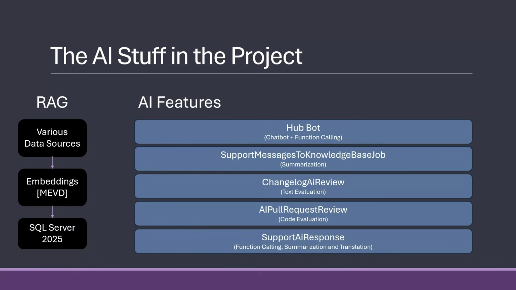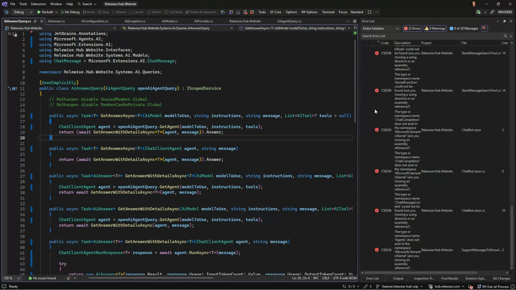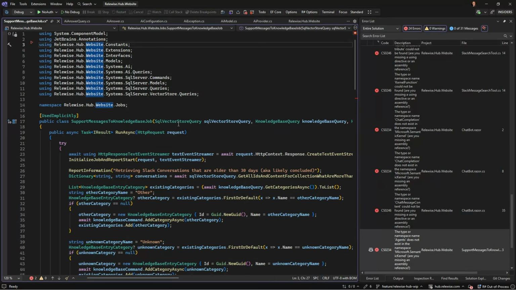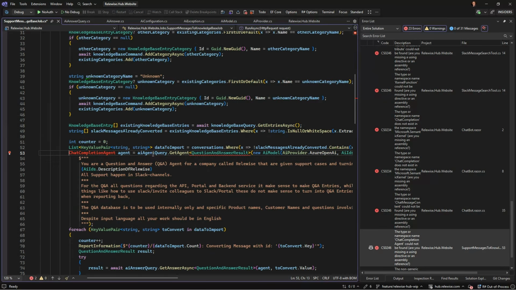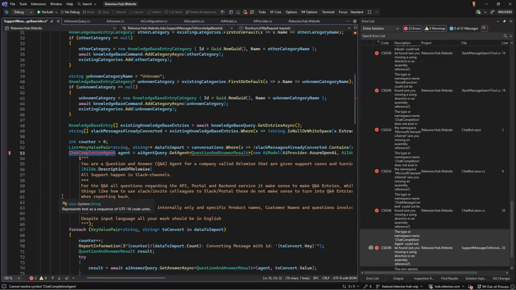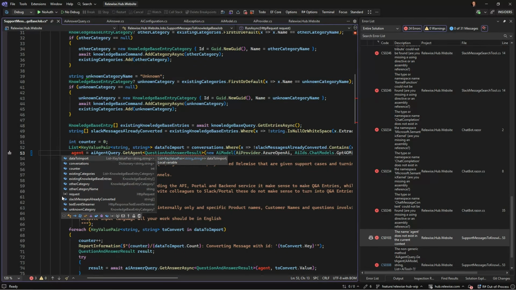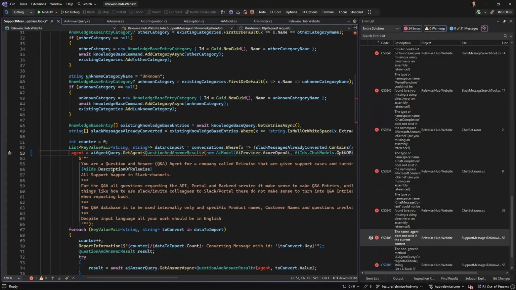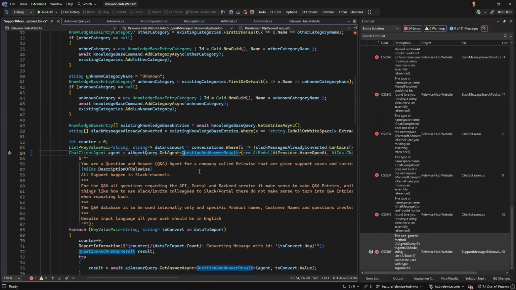Yes, and we are back. Only a couple minutes have gone by. We have still our 22 errors. So let's go in and check them out. Yeah, of course we can't have that. And we can't have a chat completion agent. So that will be a chat client agent. Still getting used to the new stuff. And when I get the agent, of course, I shouldn't do that.